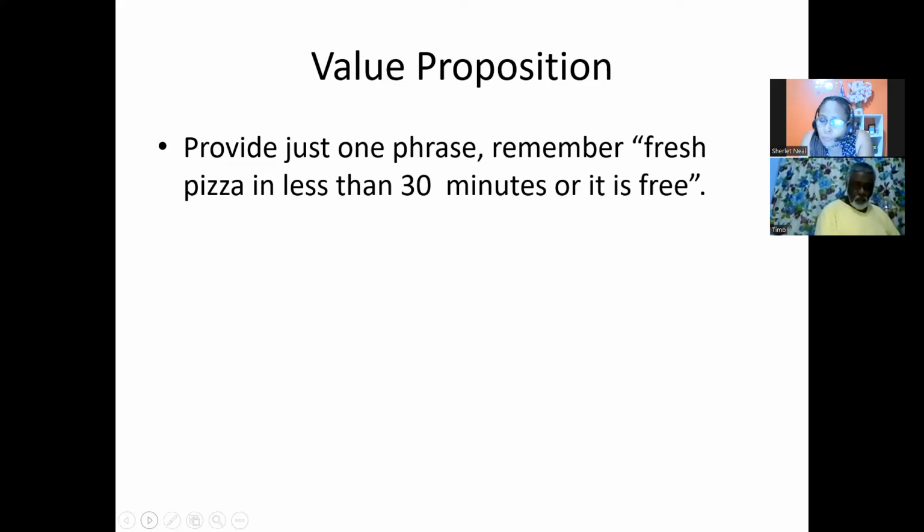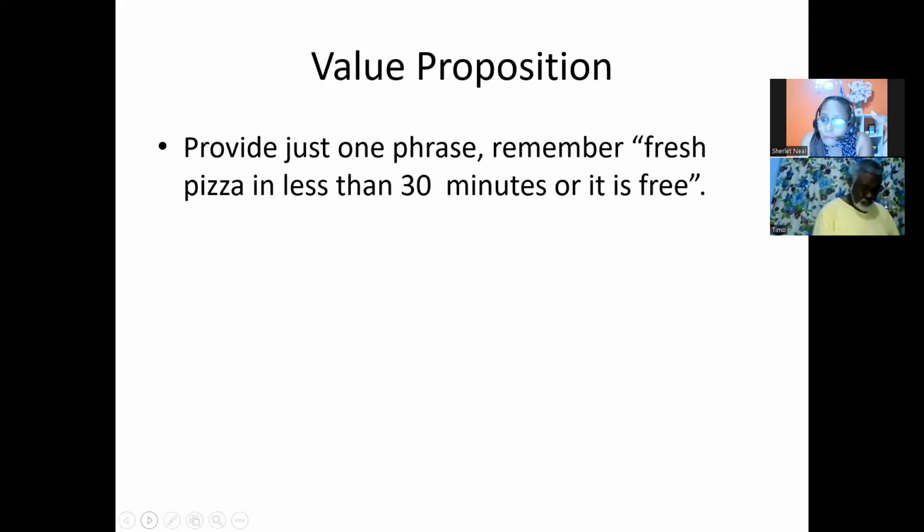This is an example, just an example. Fresh pizza in less than 30 minutes or it's free. From this statement, you can see what are the values that this product is offering. It's fresh, it's quick, right? And there's a guarantee.